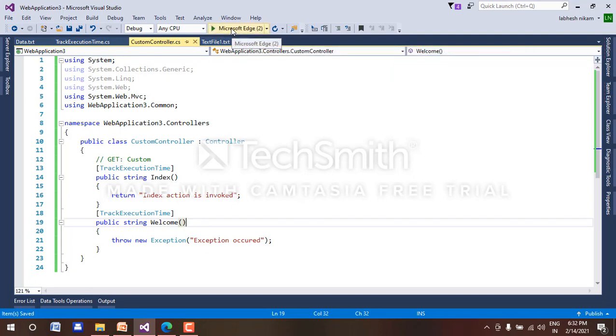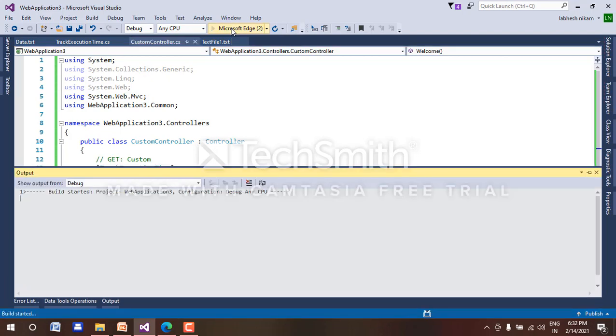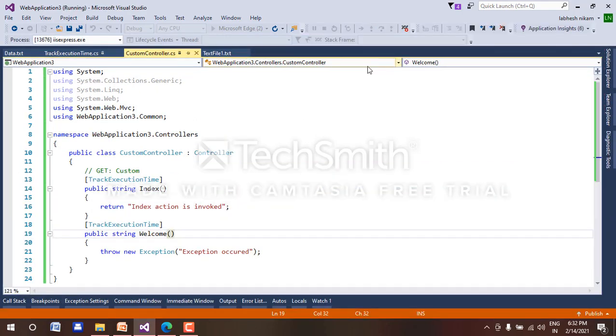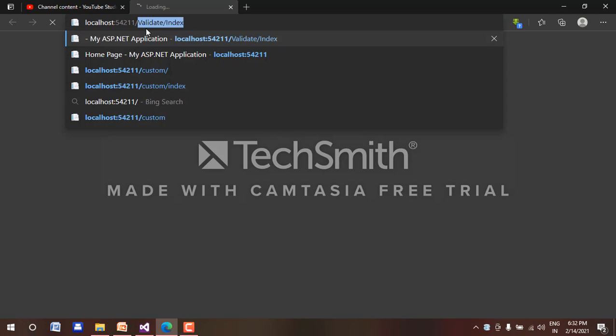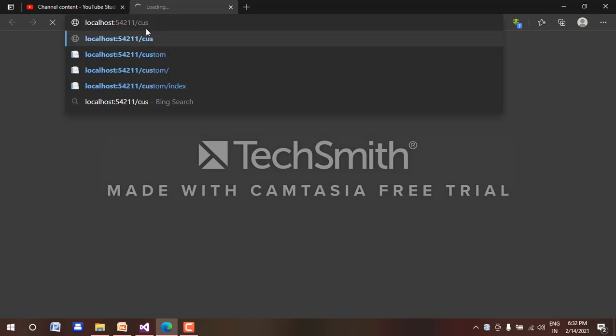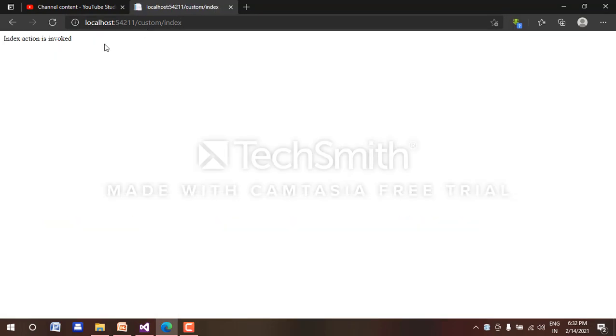My controller name is custom and I will run this index method. So let's run the browser and use the name of the controller, custom, index method. Run it.